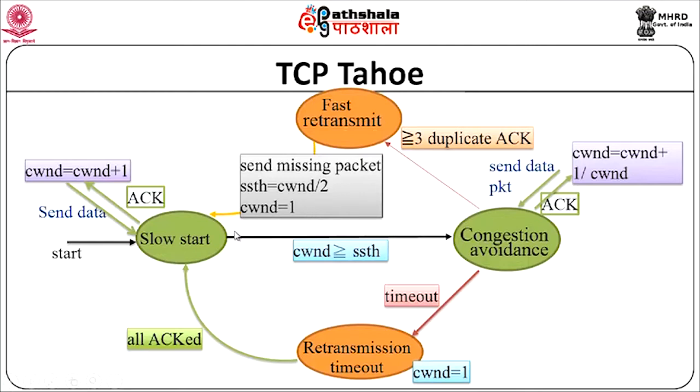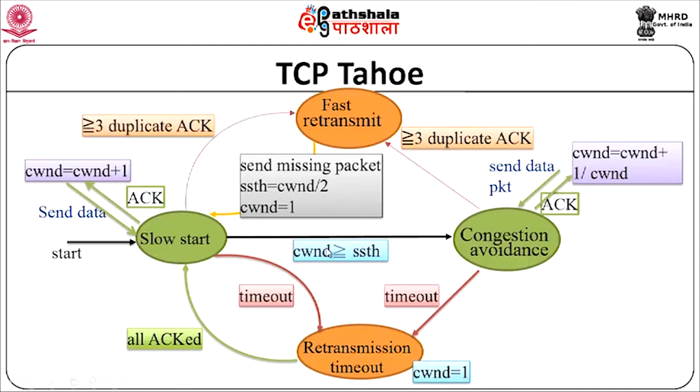So, this process will continue, and once you are in slow start, again it is the same process. From slow start, either you may move to retransmission timeout if a timeout occurs, or once you hit the threshold you go back to congestion avoidance, or if there are 3 duplicate acks again you may go back to fast retransmit. You can look at these as 4 different phases in which TCP Tahoe will be operating. It could move from one of these to another based on whatever events occur. Okay. So, this is basically what TCP Tahoe does.